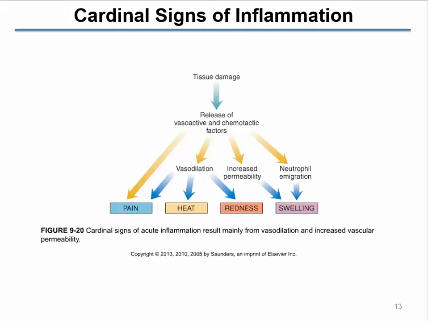Turn off these pro-inflammatory signals. When we're finished with it, we want to stop this emigration and the influx, right? And then we want to restore the balance of fluids. We want to remove the cellular debris and get normal